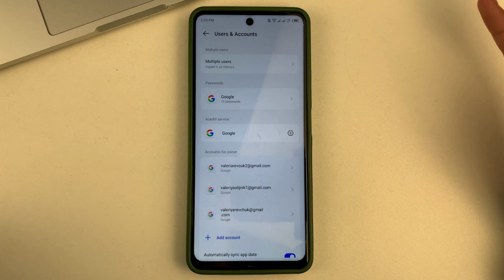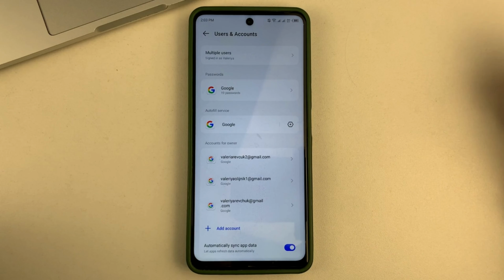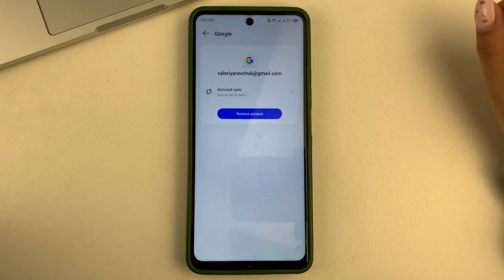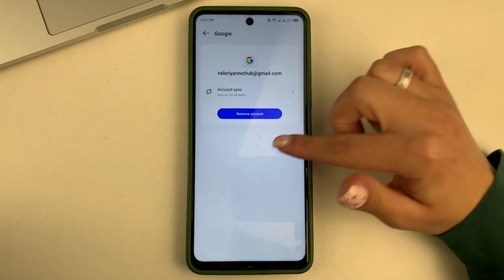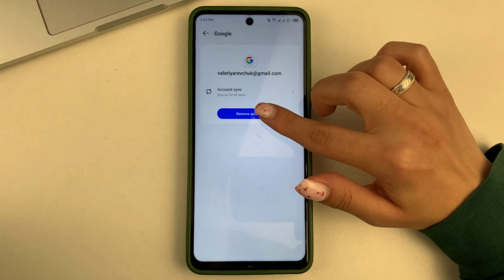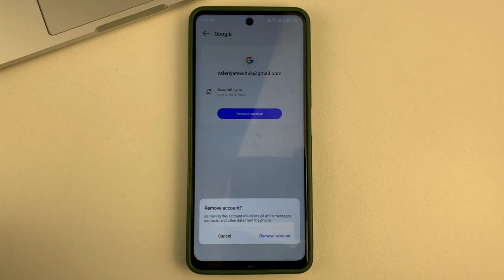And then on Android, you'll go straight to your phone settings. And then you will need to select exactly the Gmail mail that you would like to delete. And then you can see that there is such a button here called Delete Account. And in order to delete it, you just click on it. After that, you just need to confirm this action.